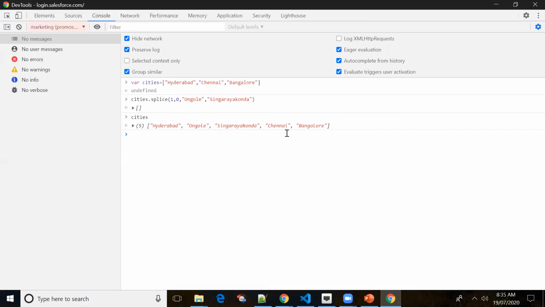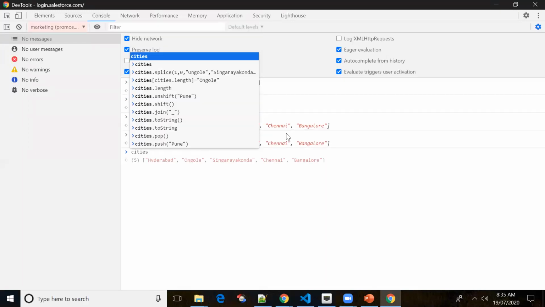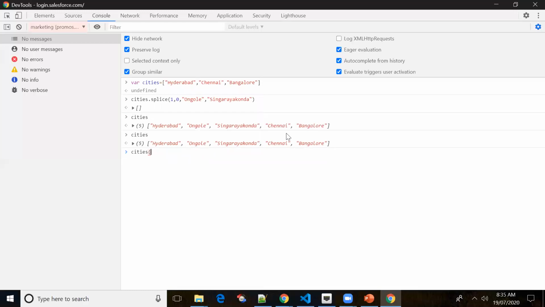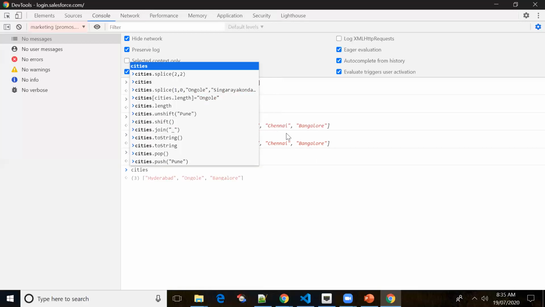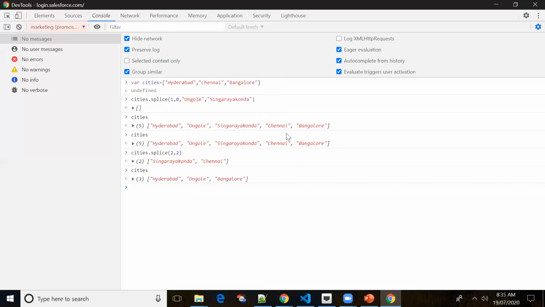Now let me print the cities. I'll be using 2, comma 2, so let me use splice 2, comma 2, and print the cities as well.